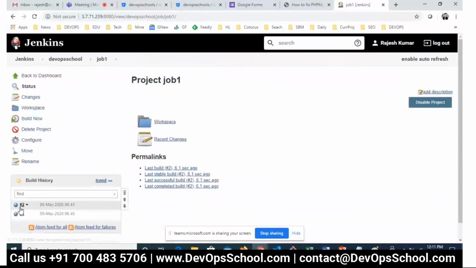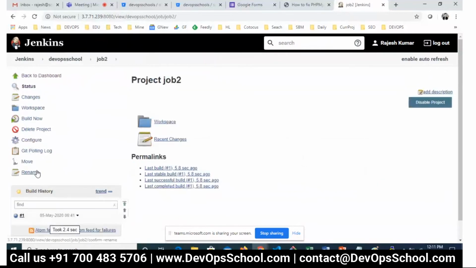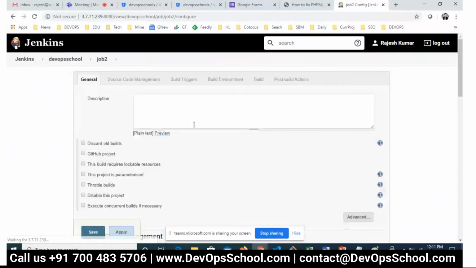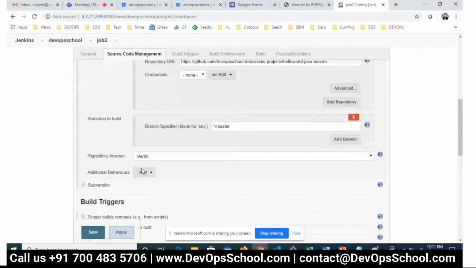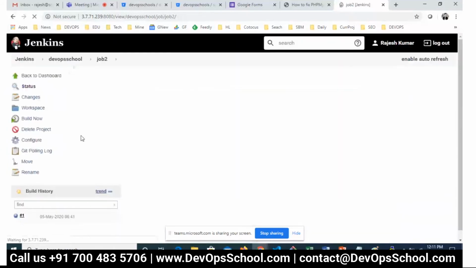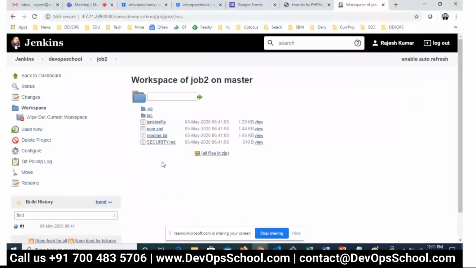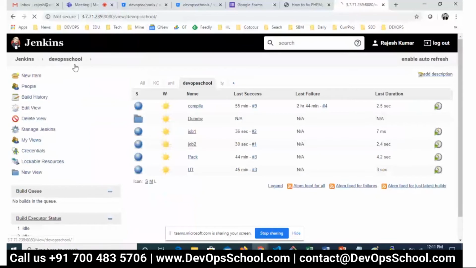You see the second job also automatically got triggered, and there is a problem here. The trigger is happening with poll SCM, and this first time it has done it. Now let's check the second time. The second time it should not happen, poll SCM will not trigger because I didn't have any code changes. So first time it checked out the code, but for the second job it should not do that. So see, build 2 has not happened.